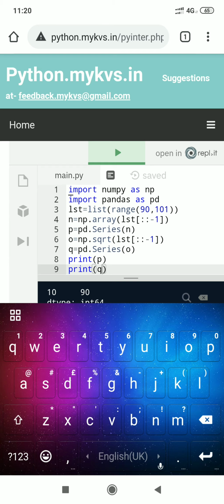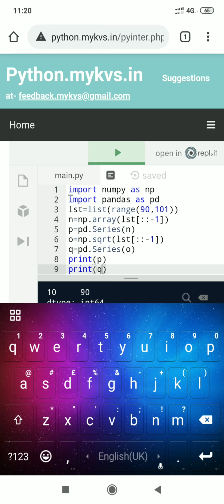Then after we are creating O as a NumPy array with the help of sqrt, which returns the square root of all the list elements from last to first position, and again creating a series with the help of the series method of pandas.